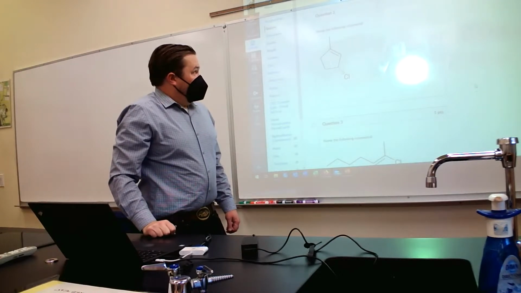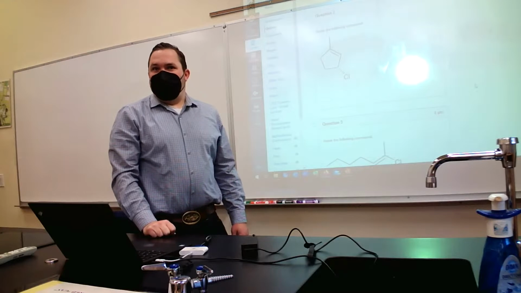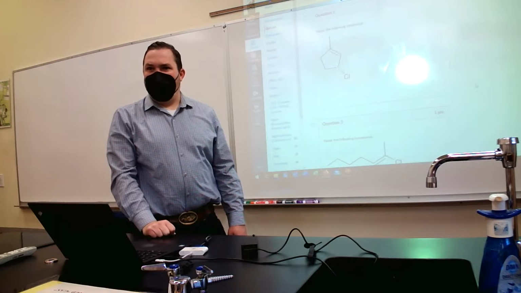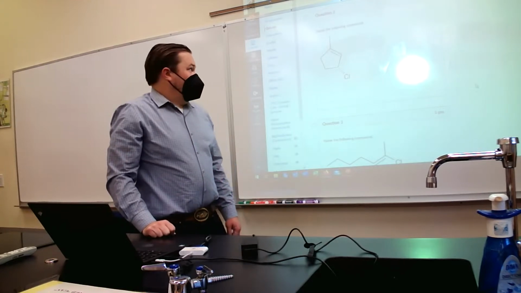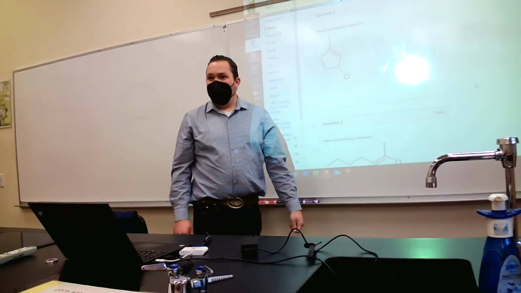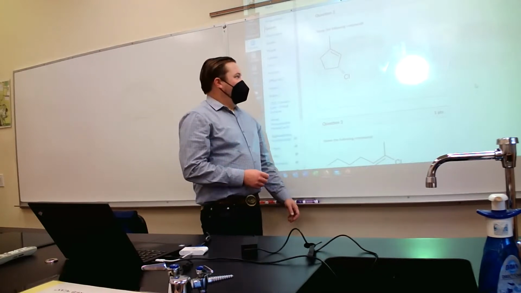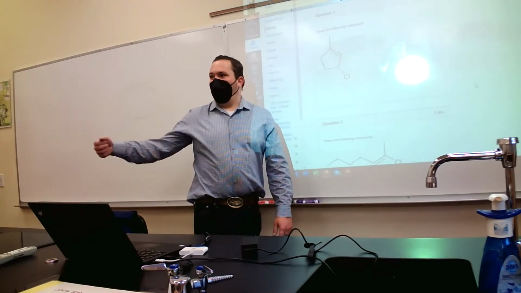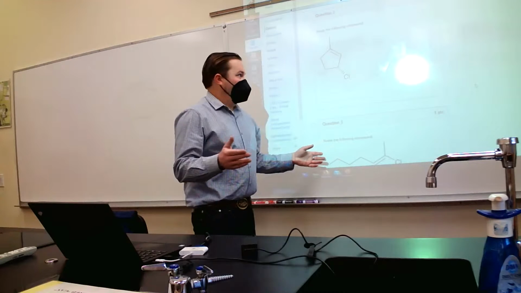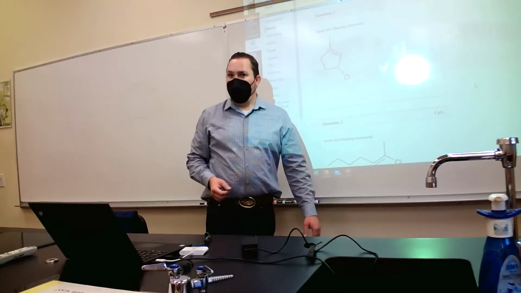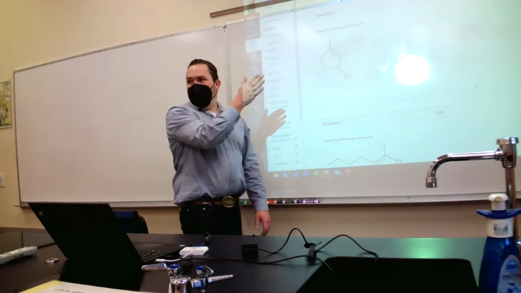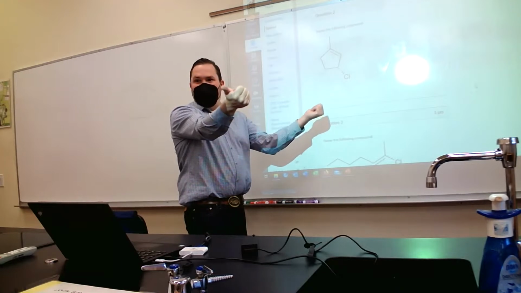I'm starting to think that for R and S, it's almost easier to move your point of view rather than redrawing the molecule. Redrawing the molecule is usually the way it's taught, but the more I teach this, the more it seems easiest to just move. You could physically move your piece of paper on a test, rather than trying to redraw the molecule. Whatever works for you, but if you like just moving your point of view, stepping through the paper as it is, or putting your face in line with the paper and visualizing out of the paper and behind the paper,